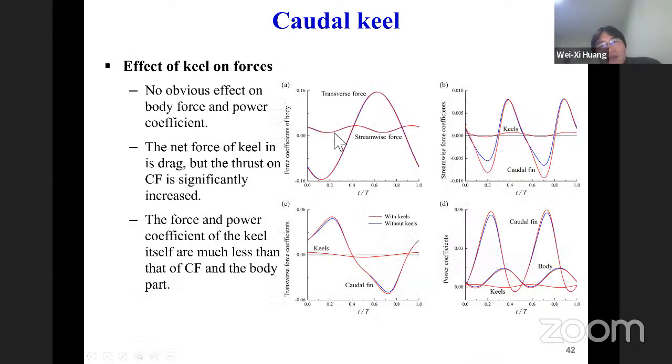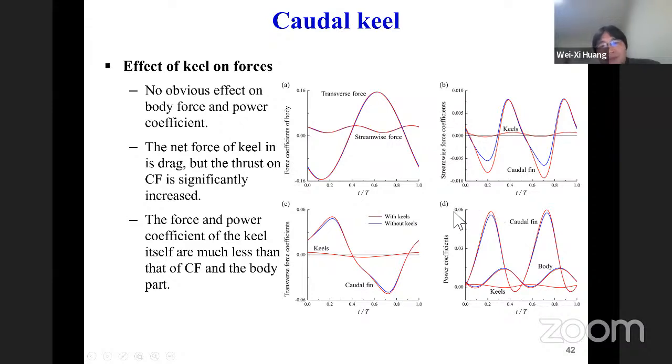And look at the force. With and without the caudal keel, the body forces are very similar. So this means that the caudal keel has no effect on the force on the body itself, and the caudal keel itself has drag force and power coefficient, but these are small as compared with those on the caudal fin. For the caudal fin, it's interesting to see that the thrust force and the power coefficient become higher than those without the